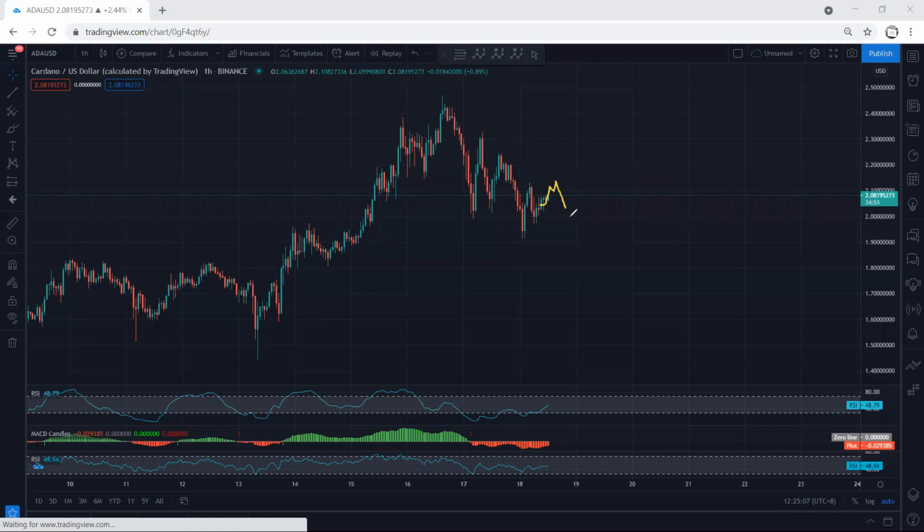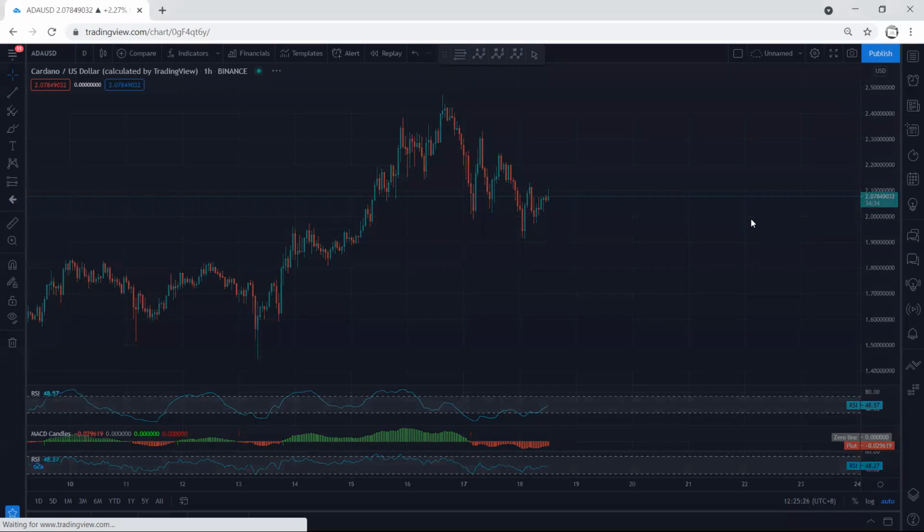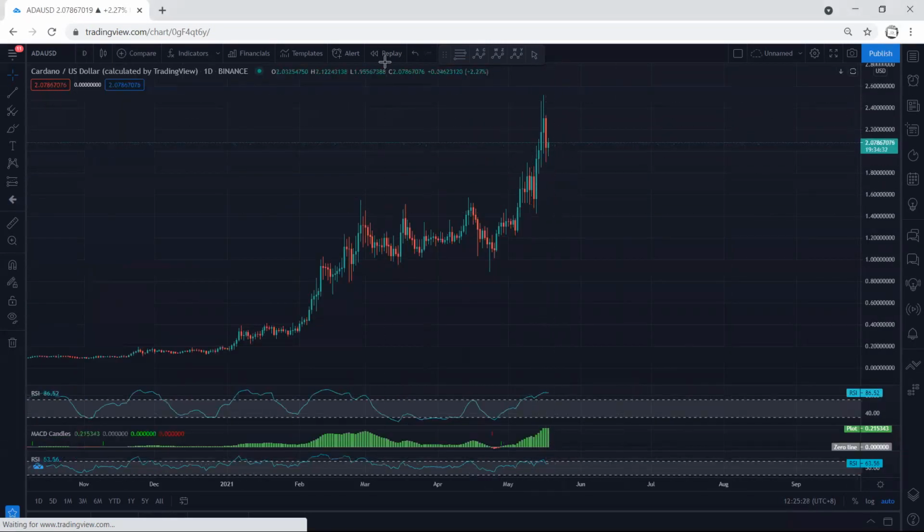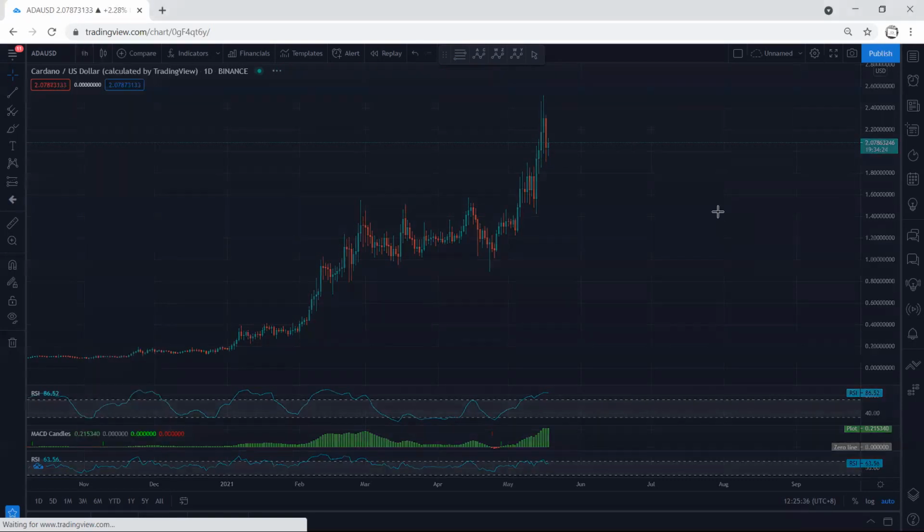Again, for me, I prefer to confirm this correction is finished, and the next move I want to be sharp, similar to what I got here. And I refer to the indicators. If I see the divergence, any reversal from there, I will take. The reason is that if we move to the daily chart, the price is at the top. How about if this one turns to a bigger correction? Because the way it was moving is really corrective. In this case, we just follow the chart. If I see any update, I will share.